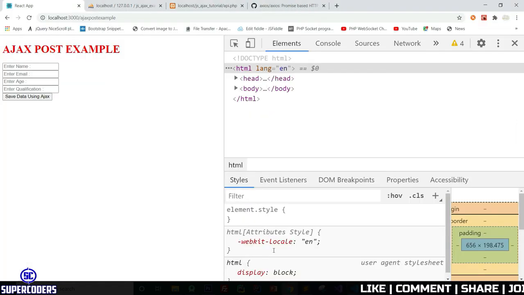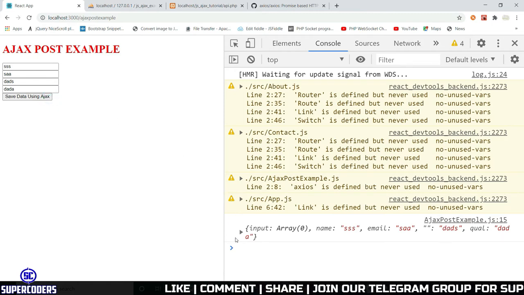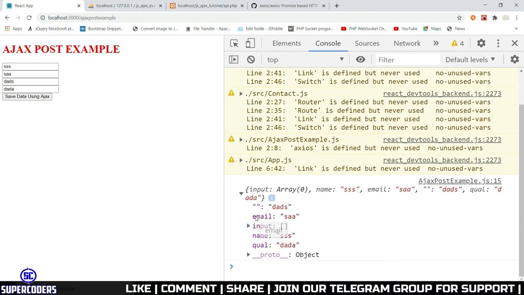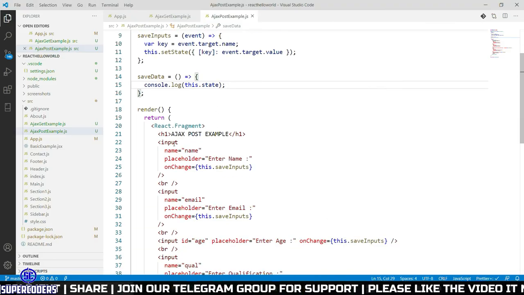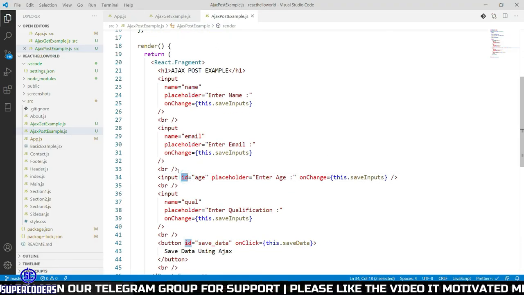Now run it. Console. And you can see you are getting dynamic key values: name, input, qual, and here missing name.